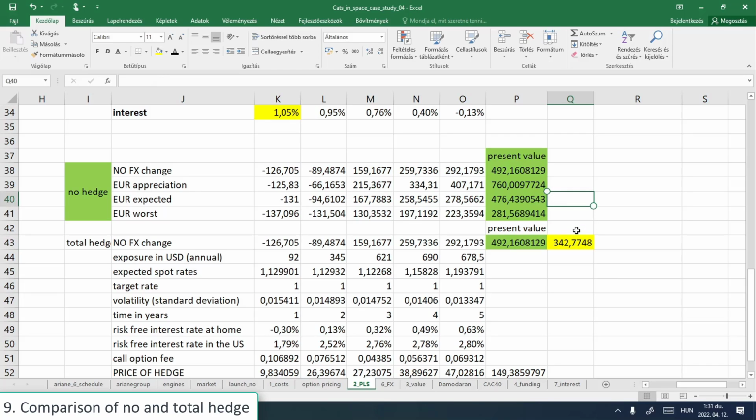If the expected thing is still happening, then it's still better. So only the worst case scenario is what we can avoid. So in this case I cannot say that it's a good opportunity to fix all the exchange rates ahead,